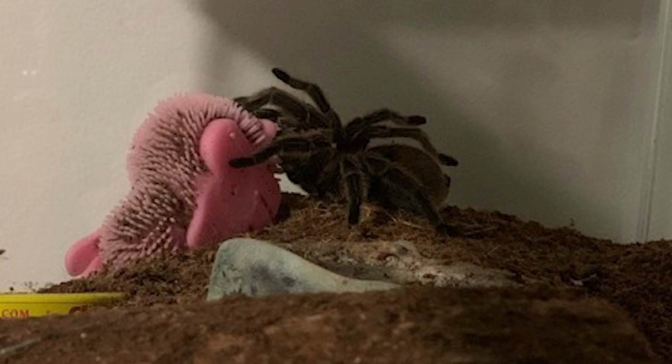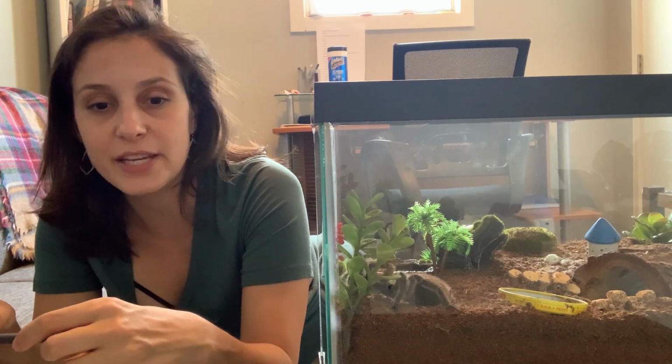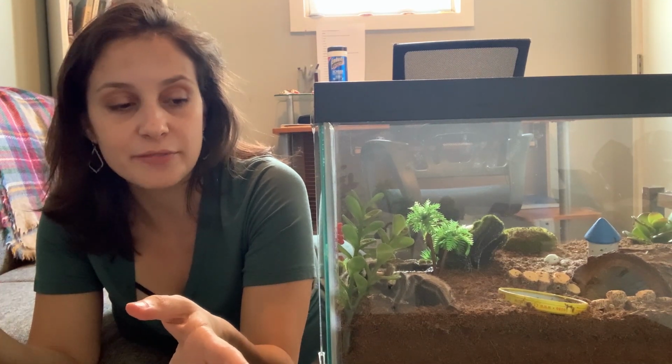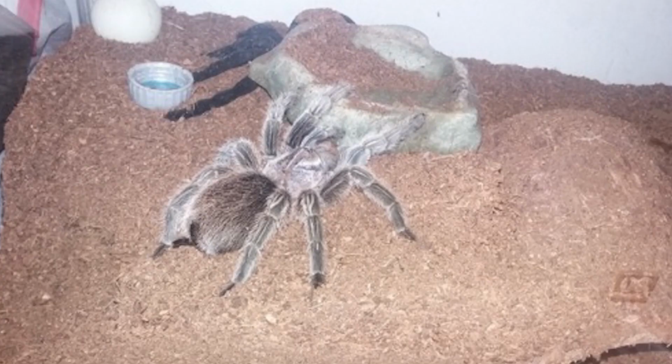And I also had a toy Halloween decoration that was a big black spider, looked like a black tarantula. And I wanted to see how she might interact with this. And this thing was in her tank for several weeks, and she paid no mind to it. But then one day, all of a sudden, it was like she finally realized it was there, and she was not happy. She started to bury it, didn't like it at all. I think at one point she tried to put her water dish on top of it,